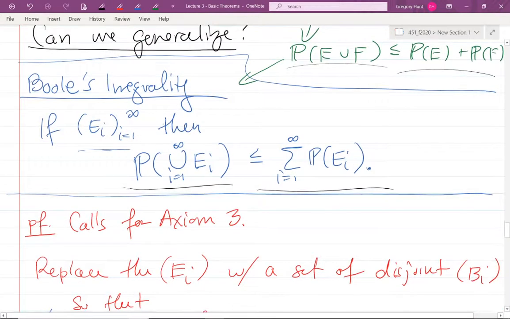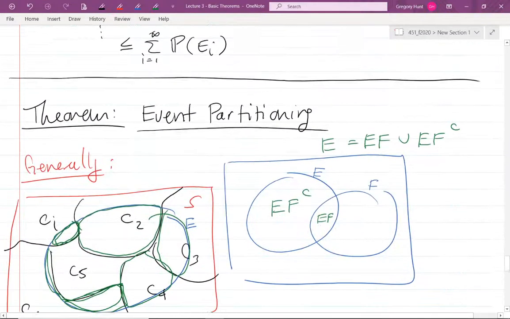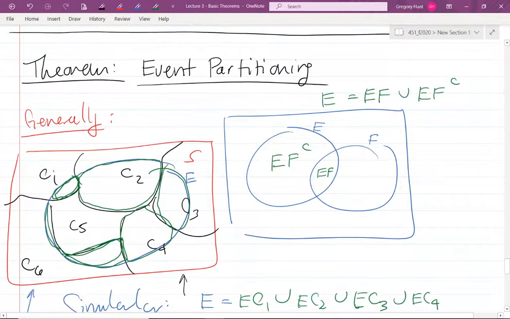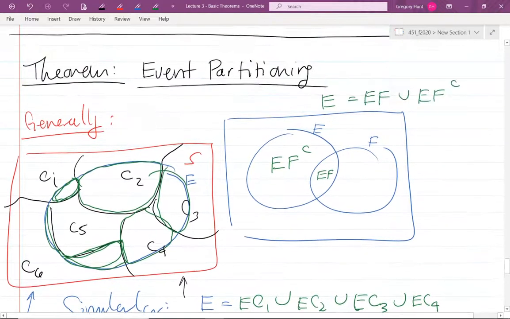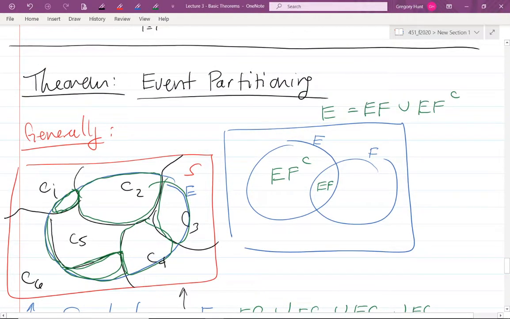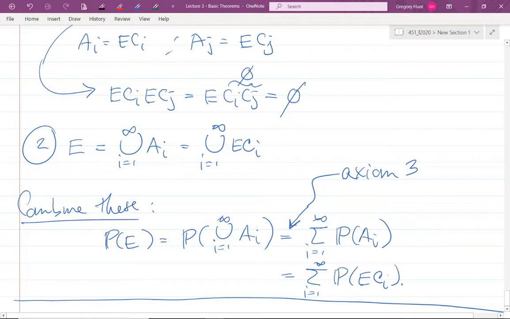We had Boole's inequality, which says that the probability of a union is never bigger than the sum of the probabilities. They're equal if everything's disjoint. And then we had this super useful event partitioning. We'll see how that's useful in the future. It says I can chunk up my probability based on a partition and reassemble it that way. Okay, next lecture we're going to get into some basic counting and some examples, and we'll see a lot of examples of how to use these rules with some basic counting.